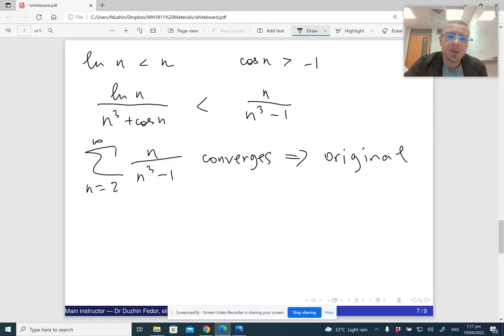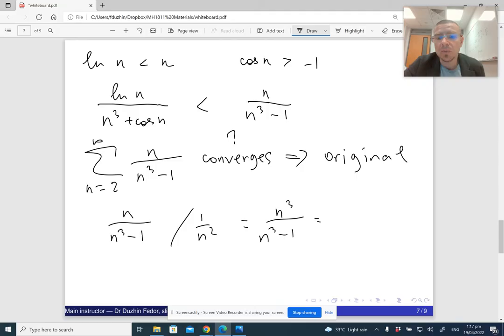So how do we know that this series converges? Because we can compare it with the p-series, right? So we can use the limit comparison test by comparing it to the p-series where p is 2, right? So n divided by n cubed minus 1, divided by 1 over n squared, is basically n cubed over n cubed minus 1, which, if we divide by n cubed, is 1 over 1 minus 1 over n cubed, which,